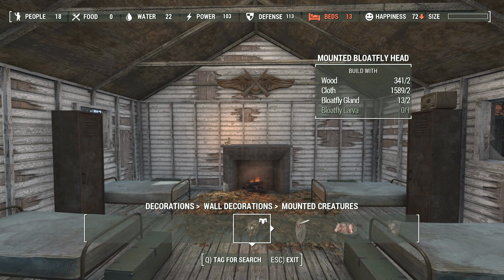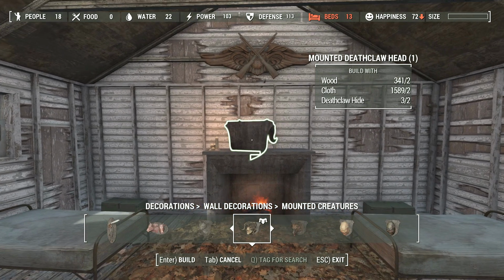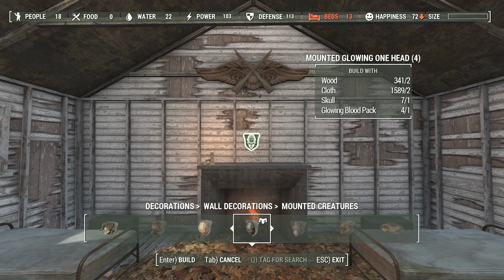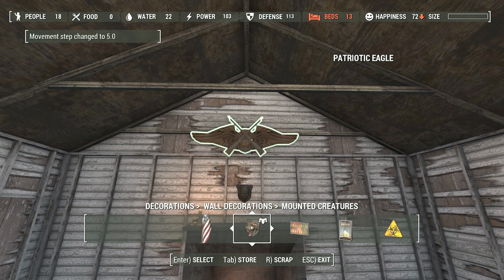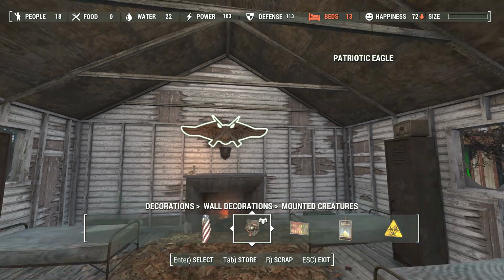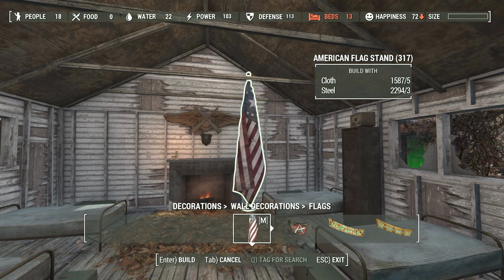Yeah, let's look at mounted creatures. Ooh, I've got a Deathclaw head here. Although for this settlement, the ghoul head kind of makes sense too. Let's move this down some. And finally,